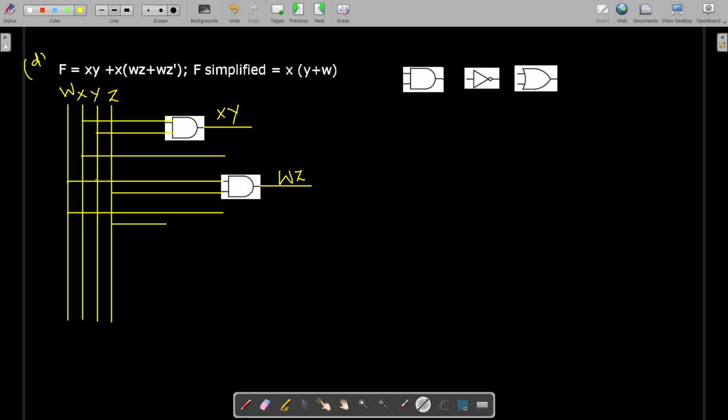But this z bar, or z dash, is required here. So we need to have an inverter, and the output of the inverter will give us z dash. These two are given to a two input AND gate, so at this output we get w z dash. Then these two must be combined using an OR gate because we have a plus sign there. So we give it to a two input OR gate,